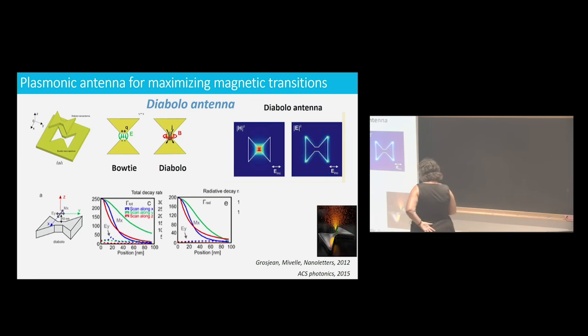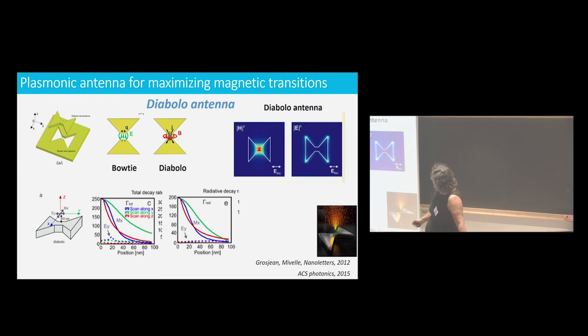You can go further and say, okay, now I don't want to scan only the field that is on the plasmonic surface. What I want to do is to enhance the response of the magnetic transition. And for this, you can use an antenna. We have always discussed the dimer antenna. You have as well the bow tie antenna. For the bow tie antenna, you have two nanoparticles here, with an edge here and here, and you put them very close to each other. A few nanometers, 10 nanometers at the maximum.